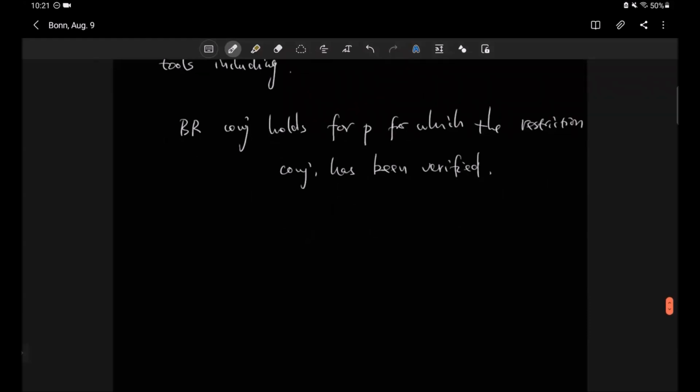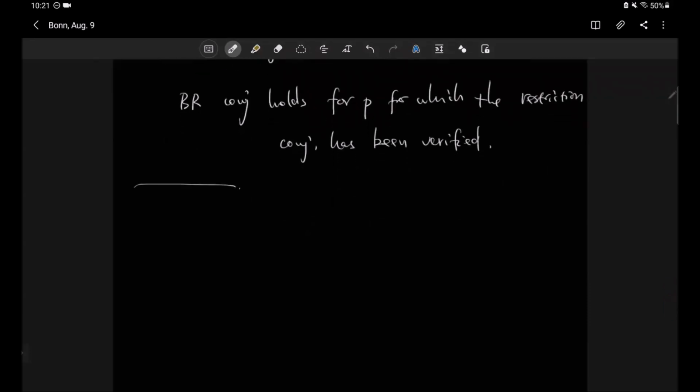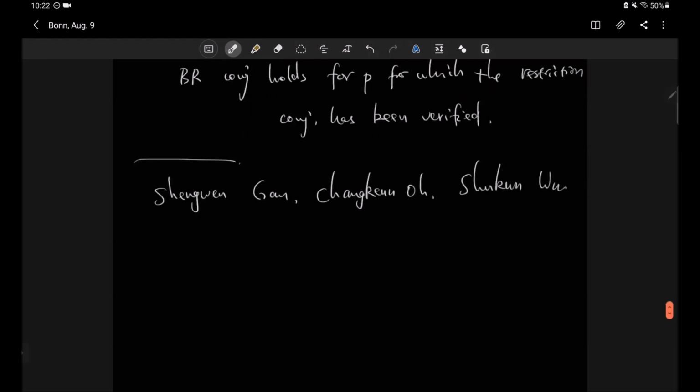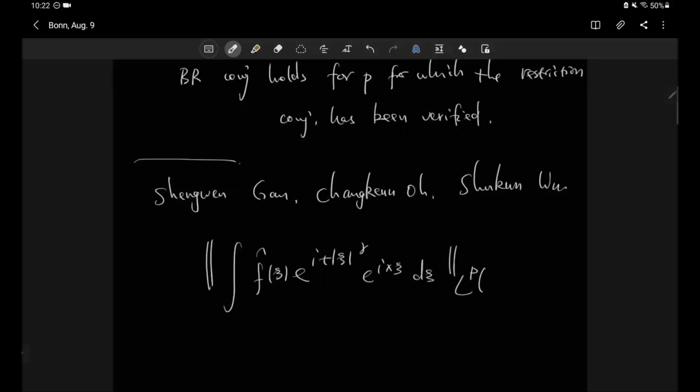I would also like to mention another, ongoing project. It's not a project of myself, but a related project from Shaoming Guo, Changxing Miao, and Shukun Wu. They are looking at local smoothing estimates for general Schrodinger equations, for instance, for equations of this form, or for fractional Schrodinger equations, and trying to prove an optimal local smoothing estimate